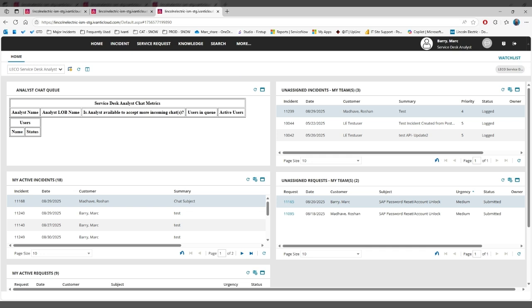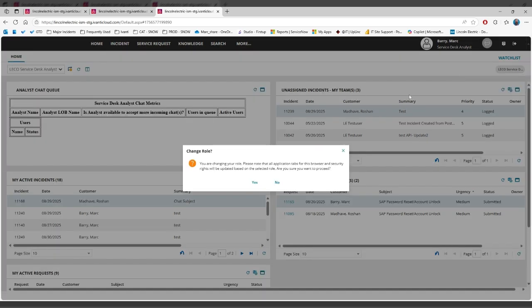In this video, we will cover some tips and tricks that can be helpful to know when using the Ivanti ITSM platform. To start off, if you have multiple browser tabs opened with the Ivanti ITSM platform open, and you switch roles by clicking the role underneath your username here and switch to, for example, the self-service role,